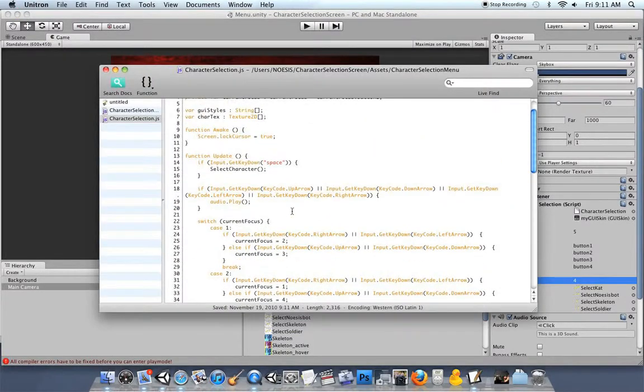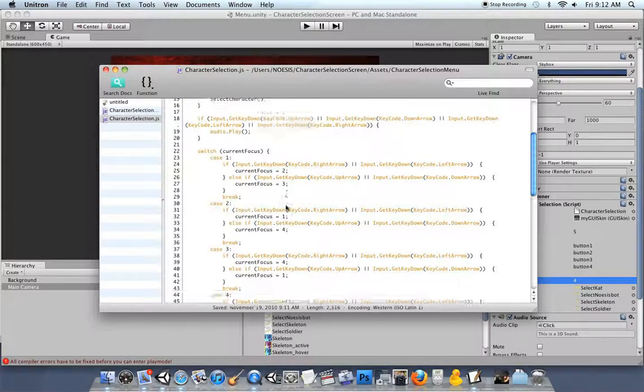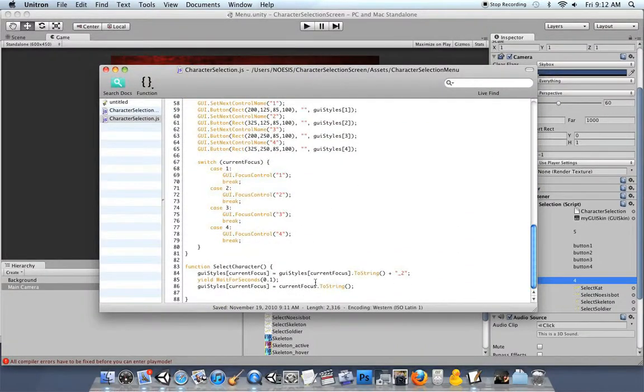Now we can display those on select character. So after the active state,